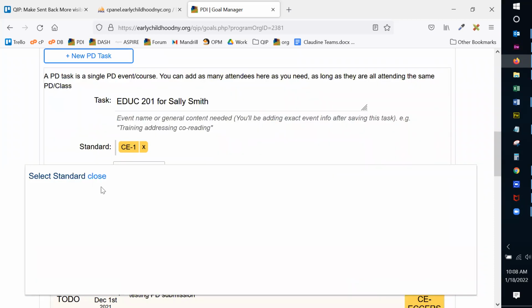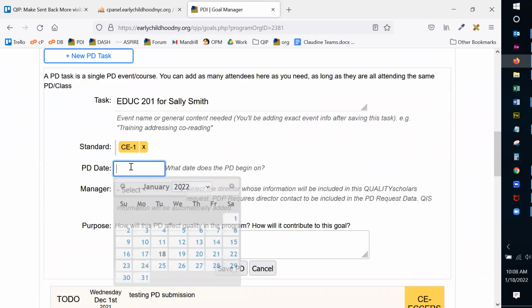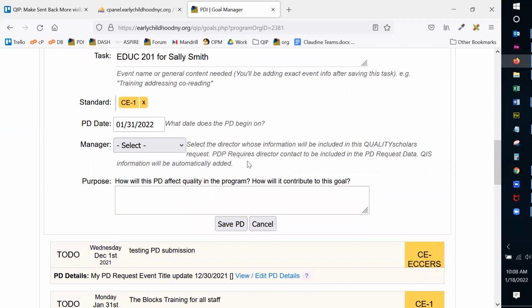Just going to add a standard quickly. You're of course going to add the appropriate standard. I'm going to say, what date does this course start on? It starts at the end of the month. The manager for these quality scholars requests is quite important. It's kind of for your internal data and tracking for purchases and for practice-based tasks, but for quality scholars requests,